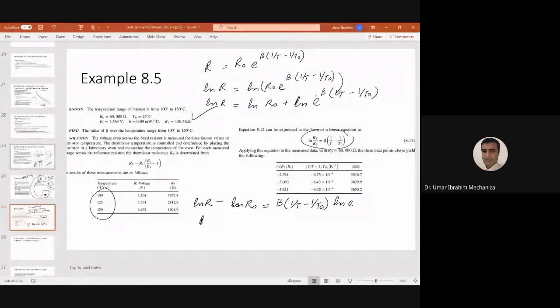ठीक है, ln e हमारे पास 1 हो जाएगा। सो वी एंड अप विद दिस फार्मूला व्हिच इज ln r divide by r naught is equal to beta into 1 over t minus 1 over t naught, ठीक है, सेम फार्मूला जो हमारे पास यहाँ पे आ रहा है। नाउ इफ आई वांट टू फाइंड बीटा वैल्यूज, अगर आप देखें इस इक्वेशन में,